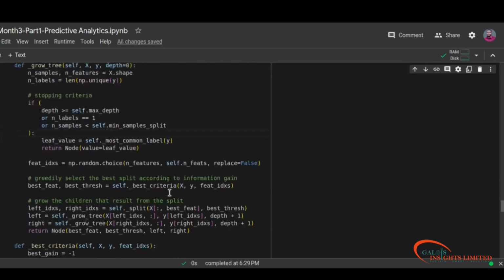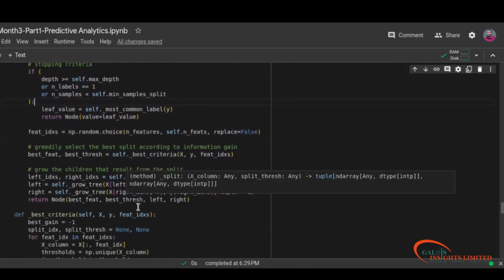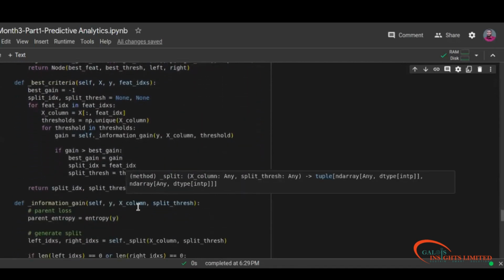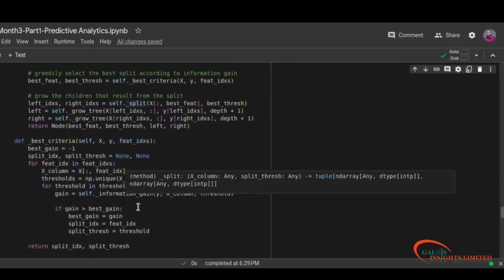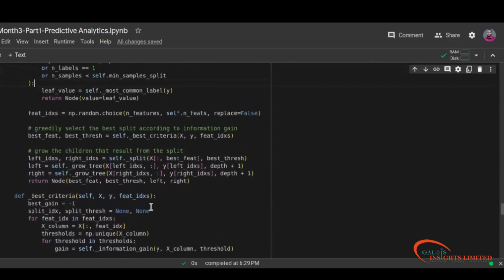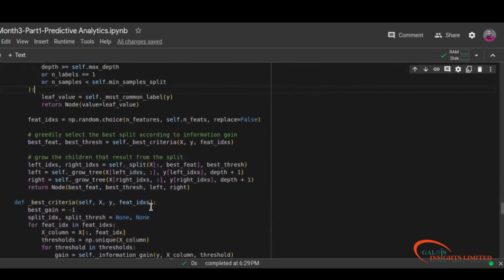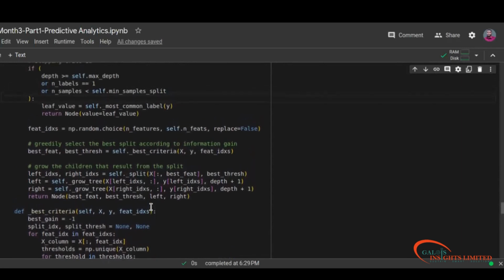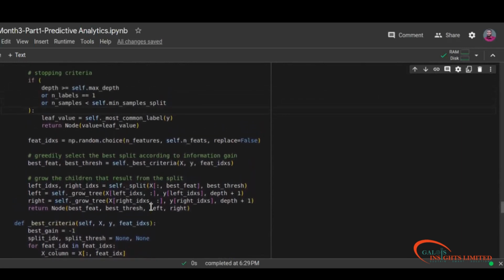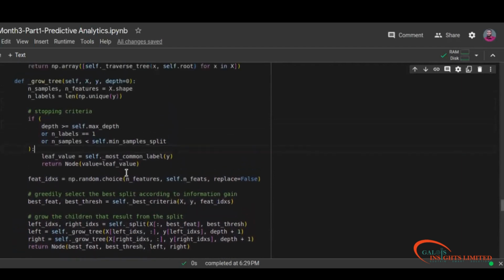So really explain it. Criteria. Then for the information gain,